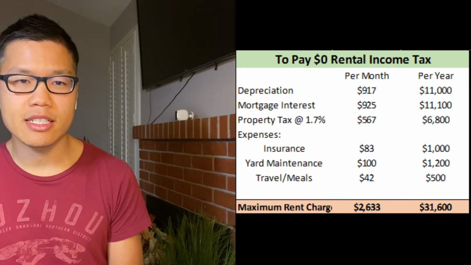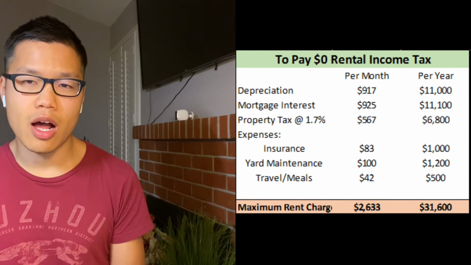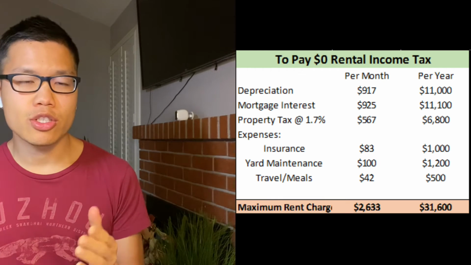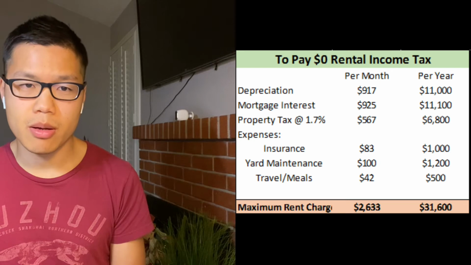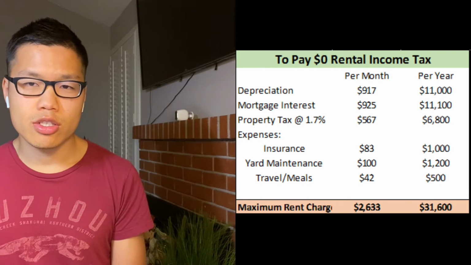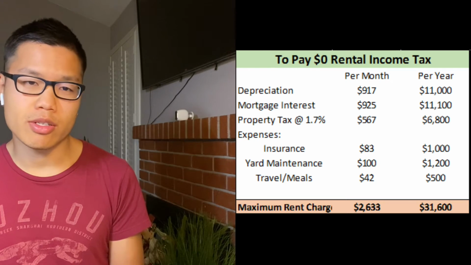Property tax, $567, and including all of the costs relating to the home. So all that adds up to $2,633 per month. So that is the amount you can charge in terms of rent to pay $0 in rental